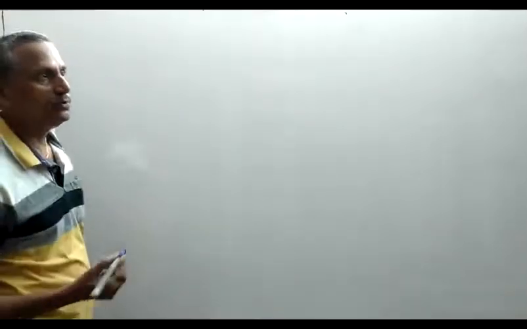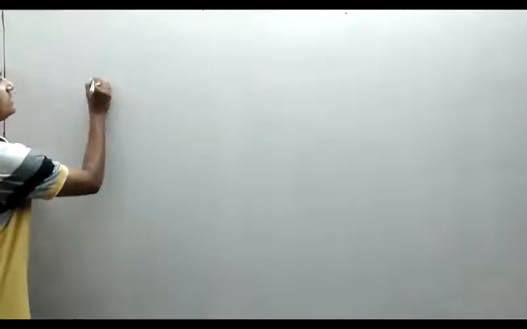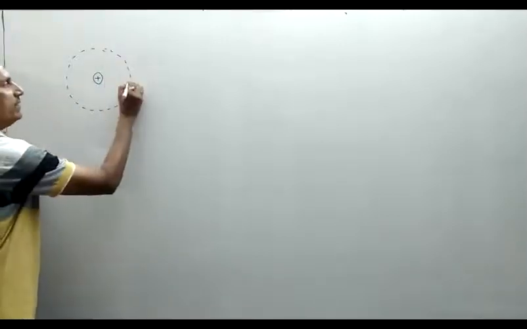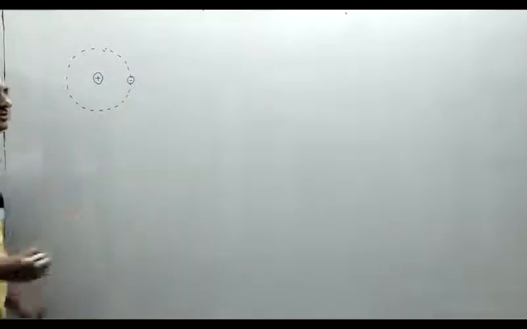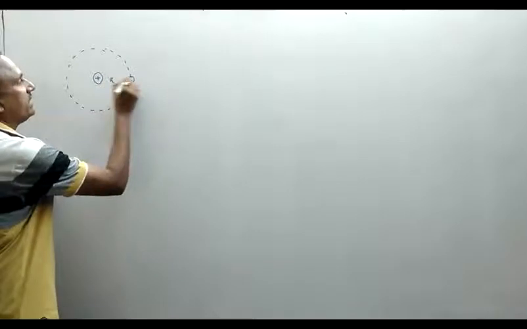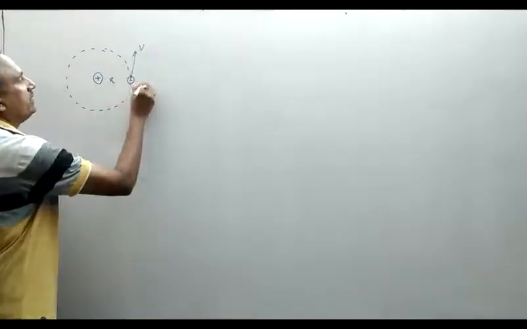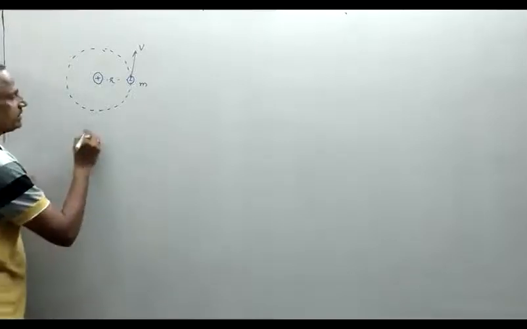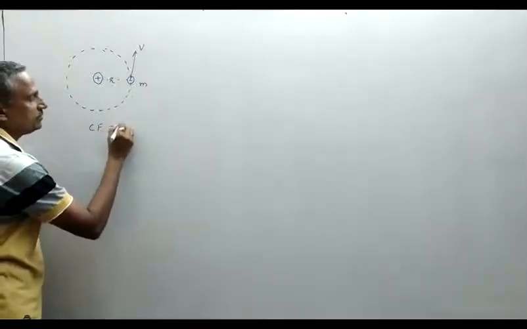Today we discuss atoms, molecules, and nuclei. As per our syllabus, in a hydrogen atom, according to Bohr's postulate, whenever an electron is revolving around the nucleus in a circular orbit, the necessary centripetal force is provided by the electrostatic force of attraction between the positively charged nucleus and the negatively charged electron. So here r is the radius, v is the velocity, and m is the mass of that electron. So according to the first postulate of Bohr's theory, we can write that centripetal force is equal to electrostatic